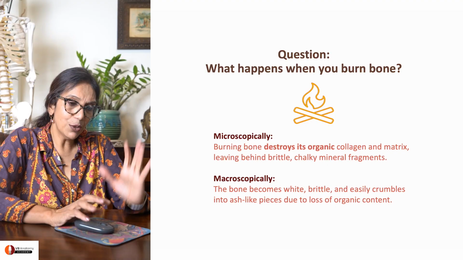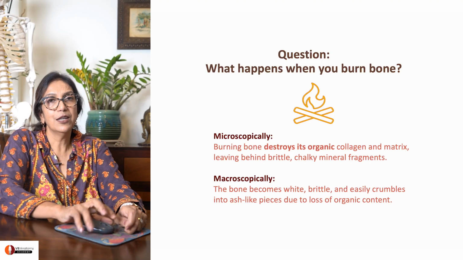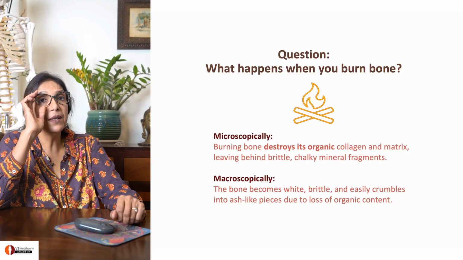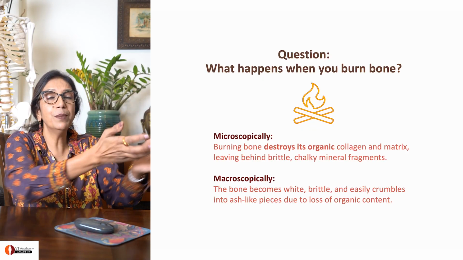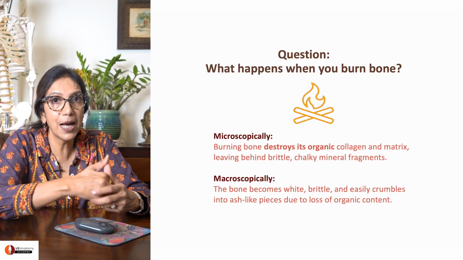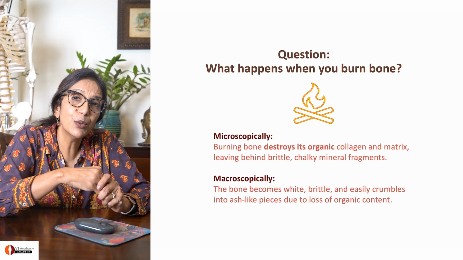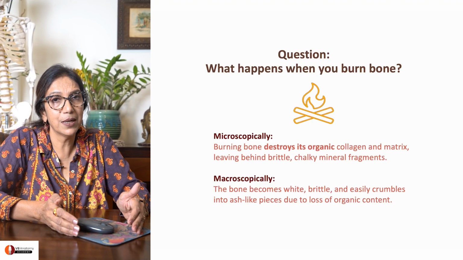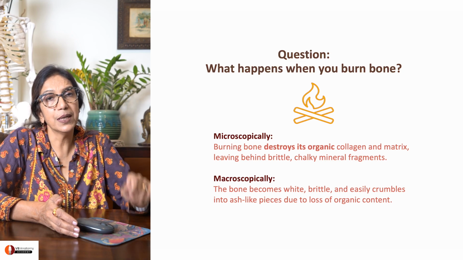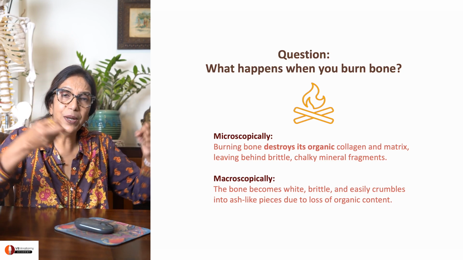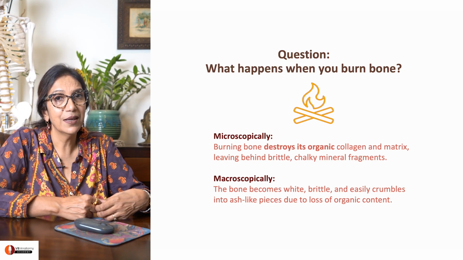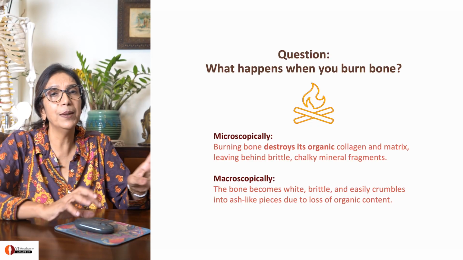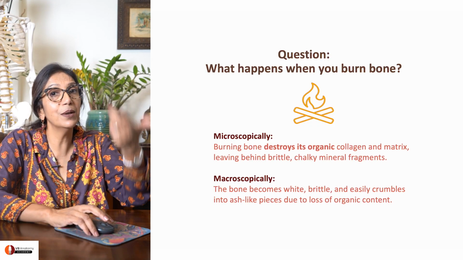So I have a question for you. Let's take a pause. Think. What will happen if you burn a bone? If you took a bone and you burnt it, which is what happens when people die and we burn. What happens to the bone? See, the bone has an organic part and an inorganic part. So the organic part gets burnt. So now that which is holding the stuff together is gone. So the bone becomes very brittle, and if you drop it, it will literally crumble. That is what happens when you burn a bone.